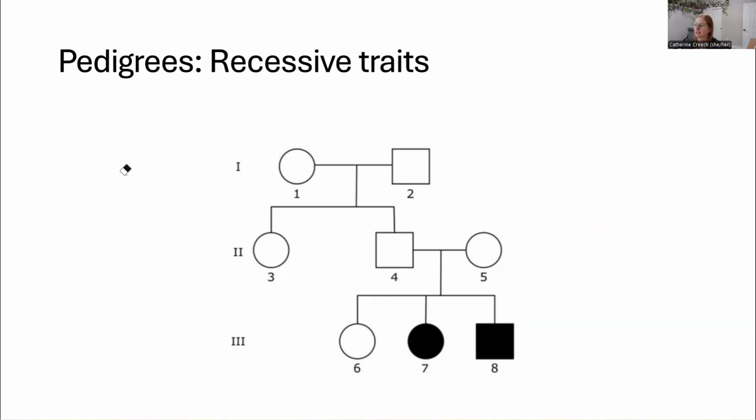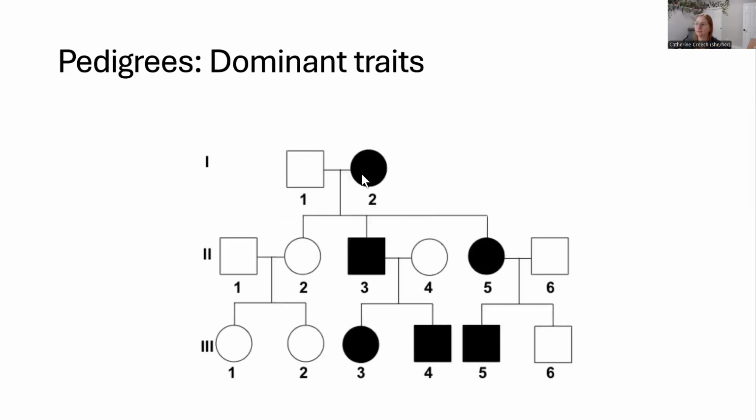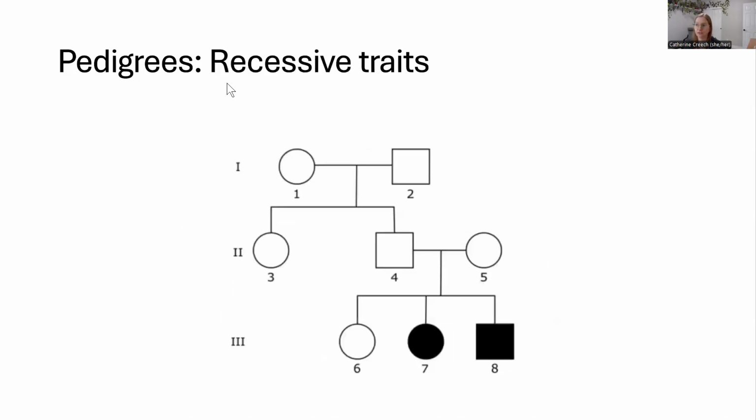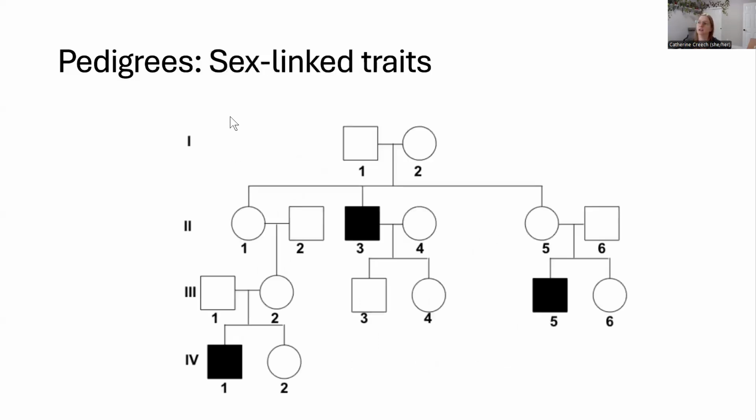Erase those. So in dominant pedigrees, you have the generations, every single one of them showing the trait. That's your indicator that it's a dominant allele and it's affecting men and women equally. In recessive traits, you have parents without the condition producing children that have it, but it affects men and women equally. And in our 3rd pedigree, sex-linked traits, now we have our parents that are unaffected having children that are